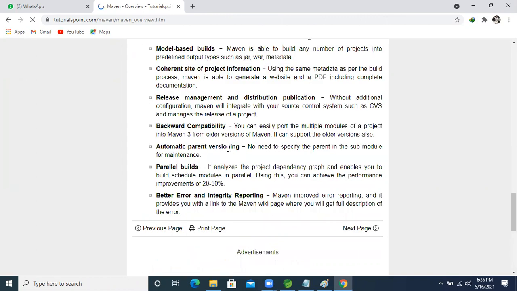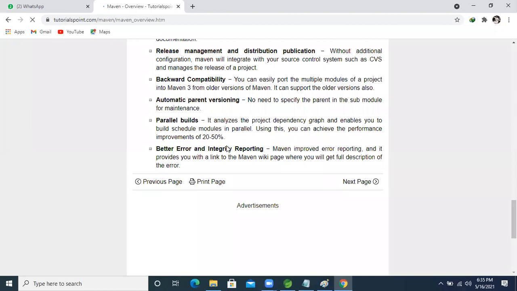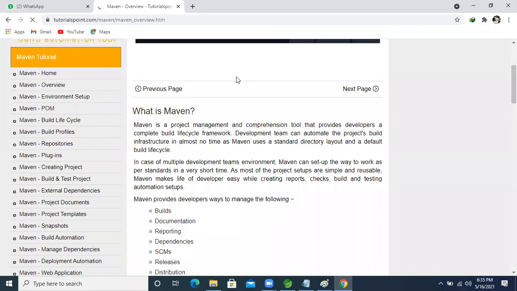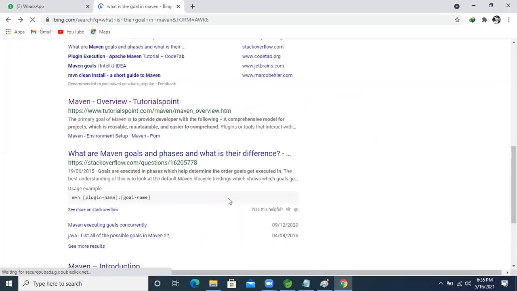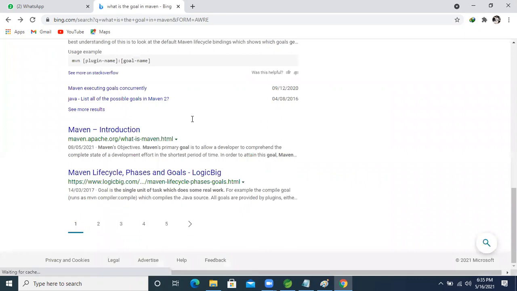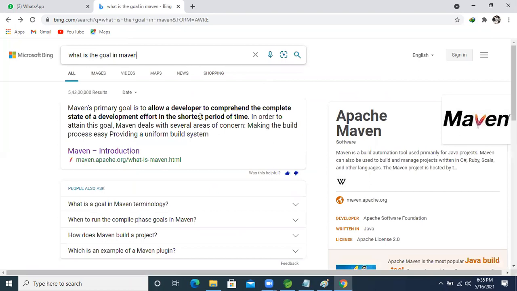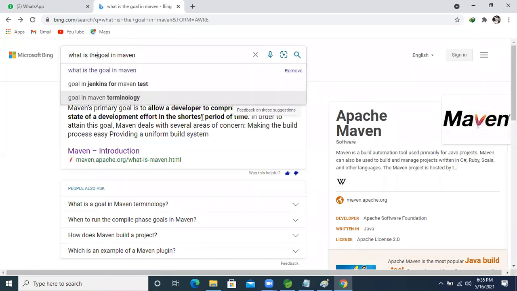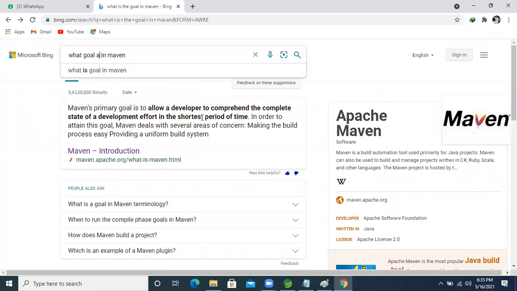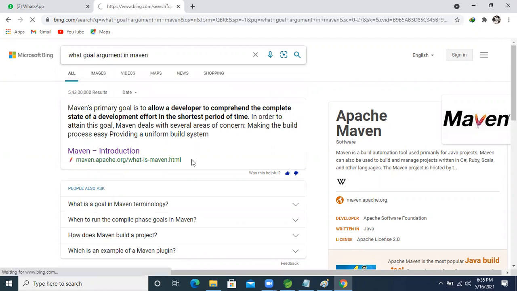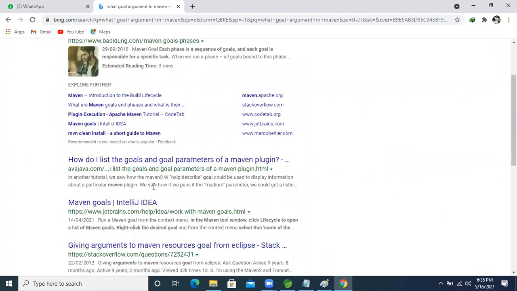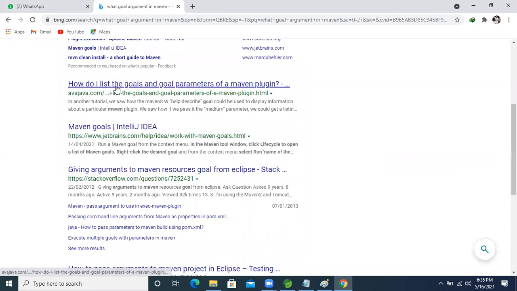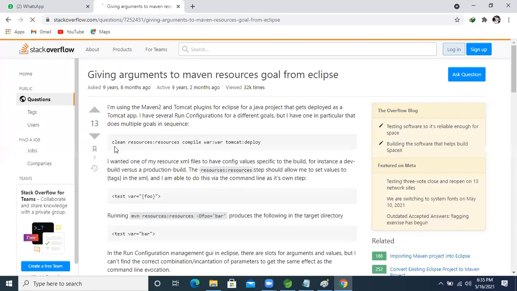Test compiler bytecode. Clean resource, right?